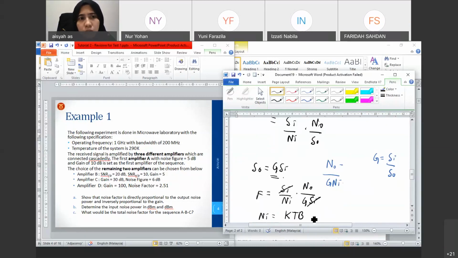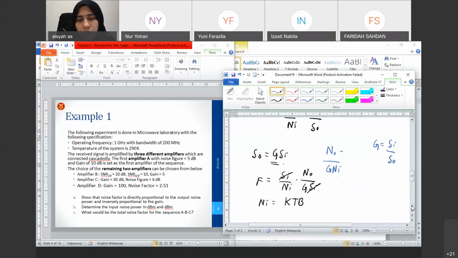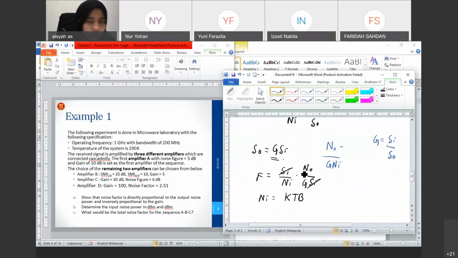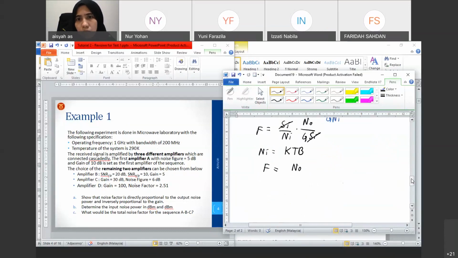This T is based on the input, but we can use KTB, and because the KTB is constant, we can assume that F equals NO over NI over KTB G. Okay, from here F is